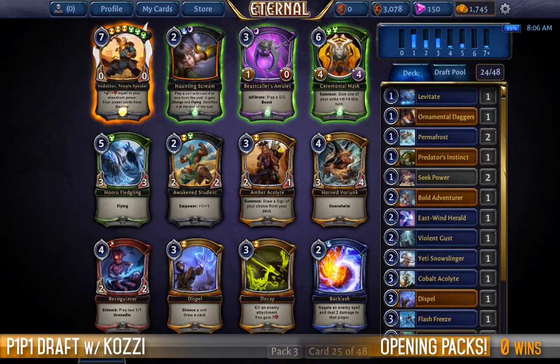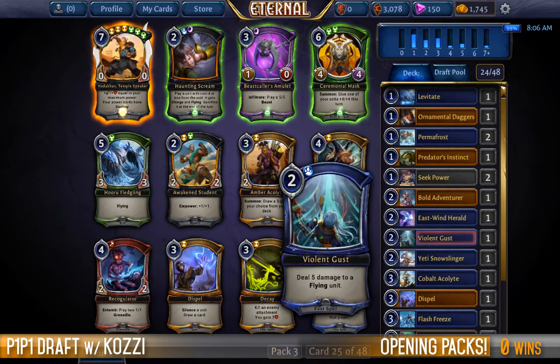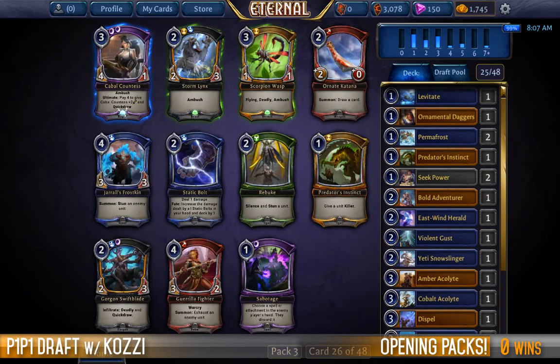That would have been nice if we were playing Combray. It would have been very nice indeed, but we're not. Beastcaller's Amulet is powerful. Ceremonial Mask is powerful. I think Amber Acolyte might be my begrudging pick here. It's another piece of fixing. Feels bad letting that go through. I have the suspicion I'm going to go up against it and be in a bit of pain, but I'll